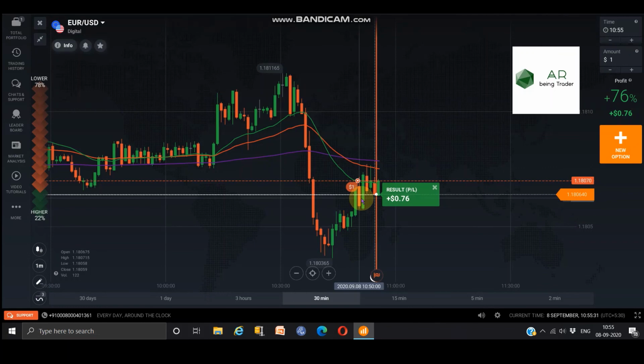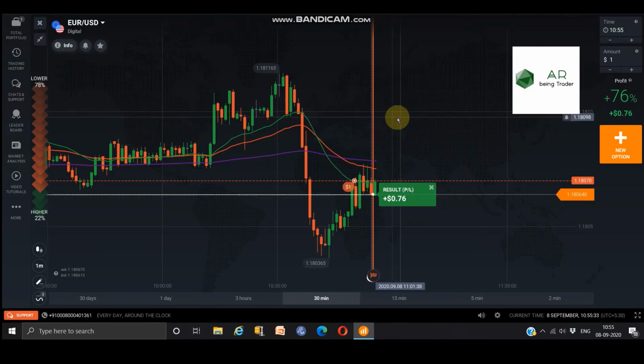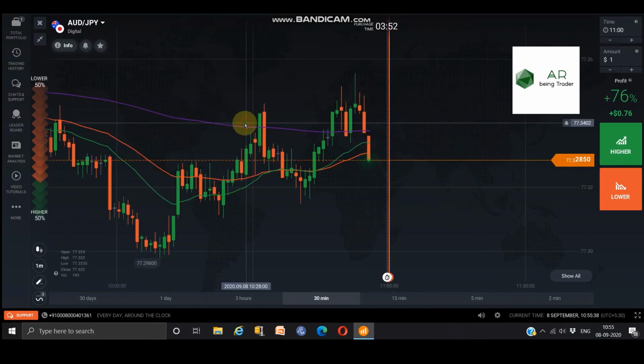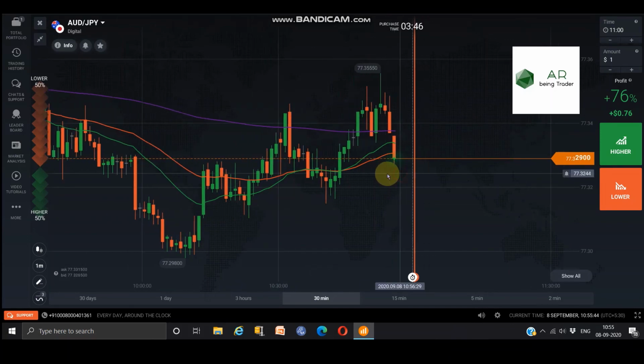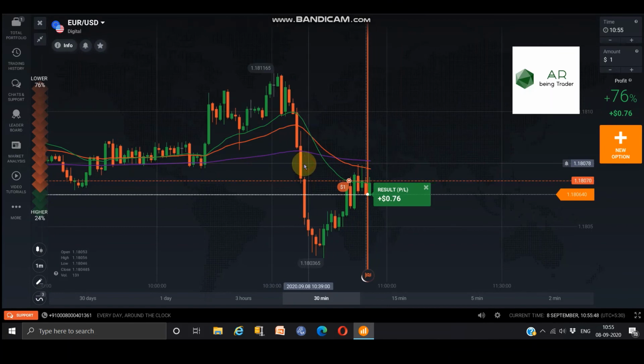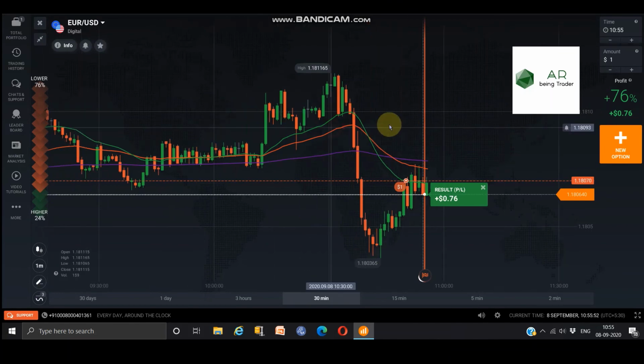Out of 4 trades we won 3. We can't win 100 out of 100 trades, right? One we lost because the trend is changing, but we never observed that. This is how the moving averages help us. Please work on this. It will give good results, because I'm already seeing good results.